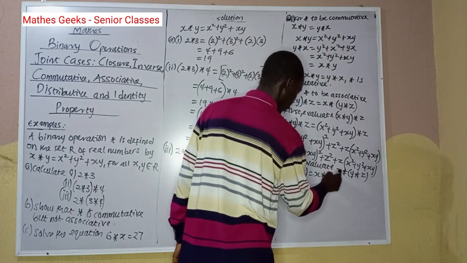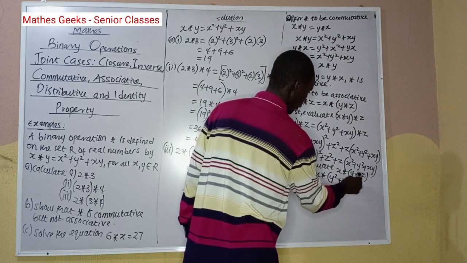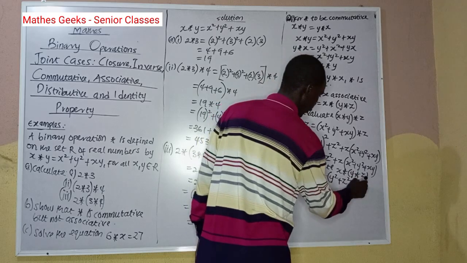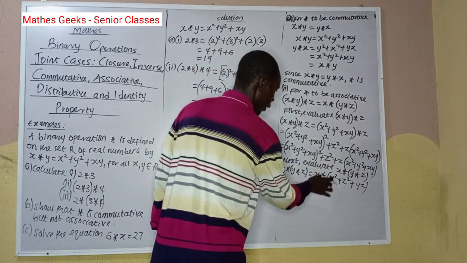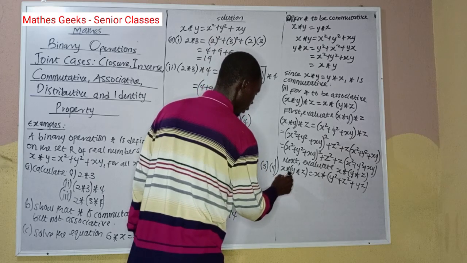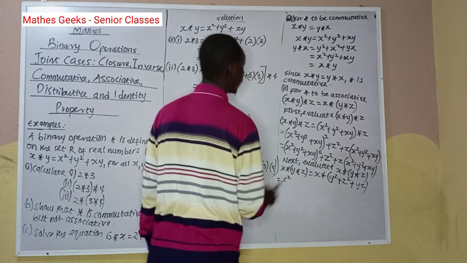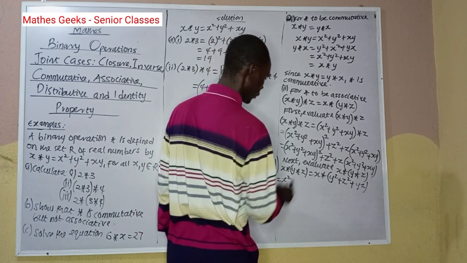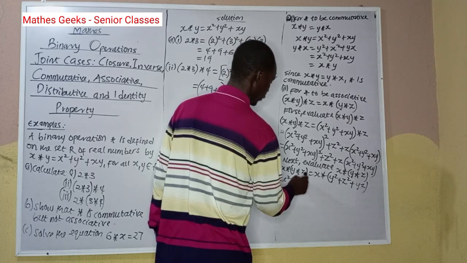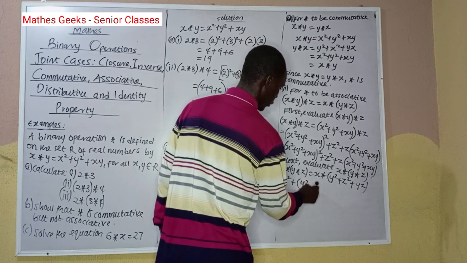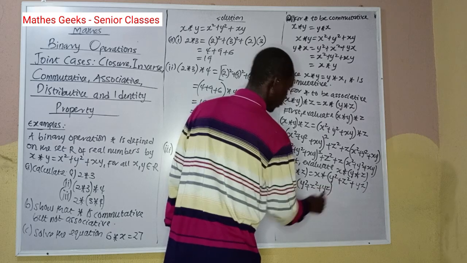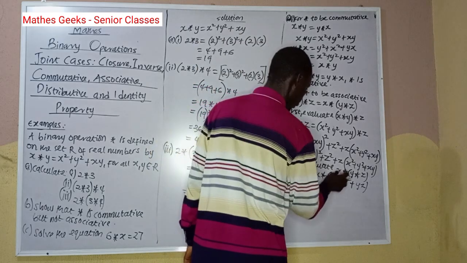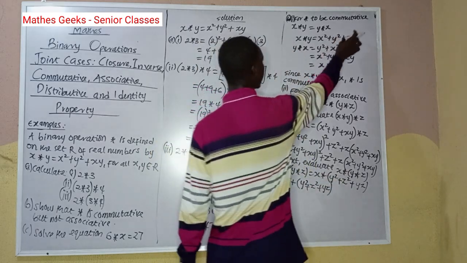So this gives us y squared plus z squared plus yz. So now this will give us x squared plus (y squared plus z squared plus yz) squared, plus